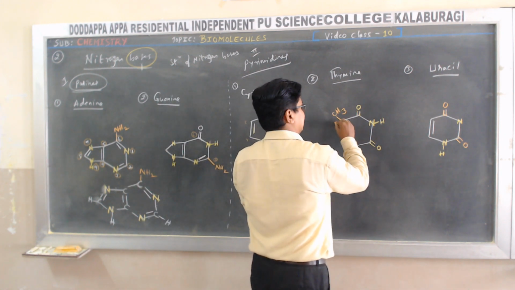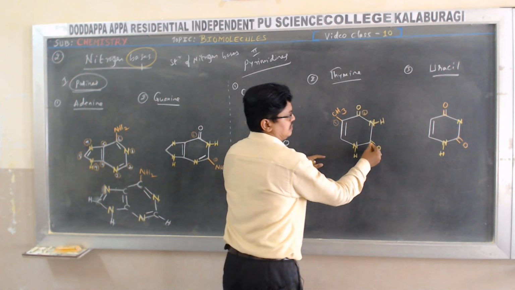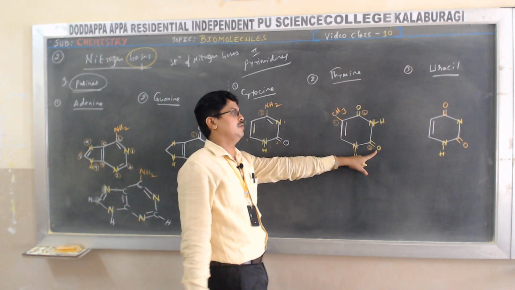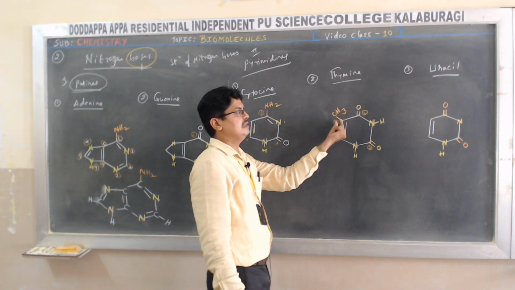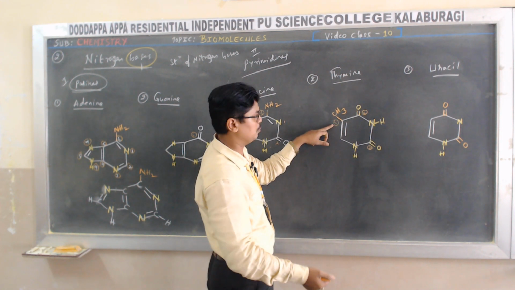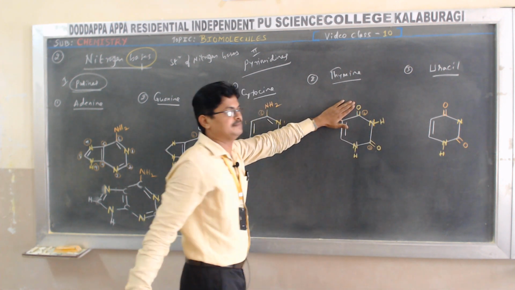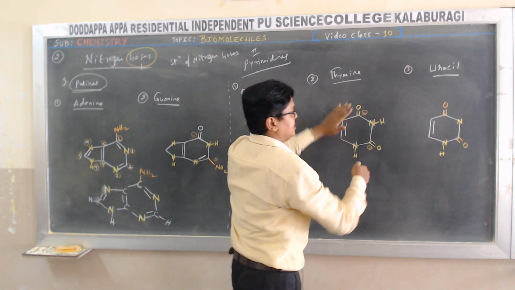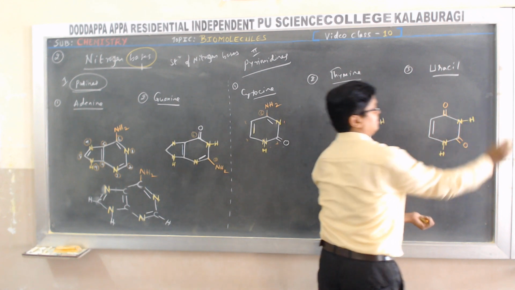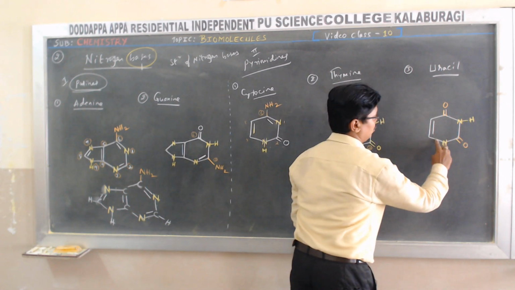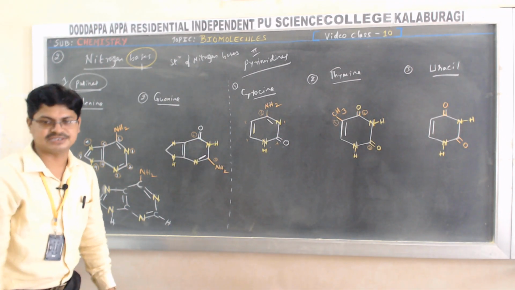Similarly here, in case of thymine, 5th position methyl group is there. Then here 6th position C double bond O. Then 2nd position C double bond O. Remember like this: 2, 5, 6, the groups which are attached. Look at the thymine. Methyl group is there in 5th position. If I remove the methyl group, it becomes the structure of uracil. Both are same. Satisfy the valence of nitrogen. 1, 2, 3. Check here. 1, 2, 3. Satisfied. So this is about the structures of nitrogen bases.